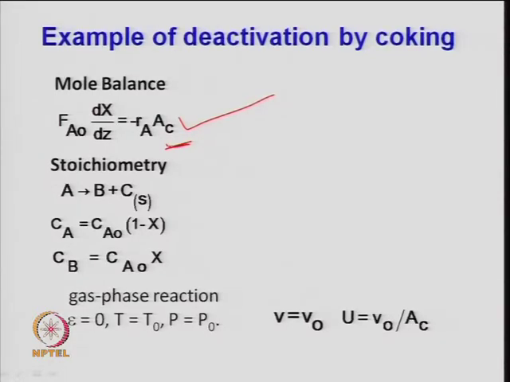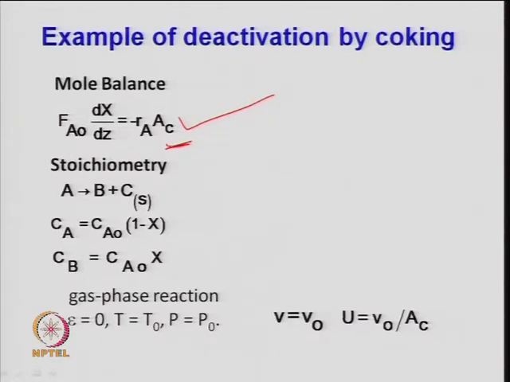Stoichiometry can be different depending on the type of reaction. So, A gives you B plus C. So, C is a kind of coke precursor, right, a coke which deposits on the surface of the catalyst. The concentrations of A and B can be defined based on this: C A is equal to C A naught times (1 minus X A), which already has been discussed. Same thing for C B, because 1 mole of A reacts and 1 mole of B will form. So, F A naught X can be written in terms of the concentration, so C A naught times X, right. If it is a gas phase reaction, all of you know the homogeneous reaction kinetics, so that has been used here.